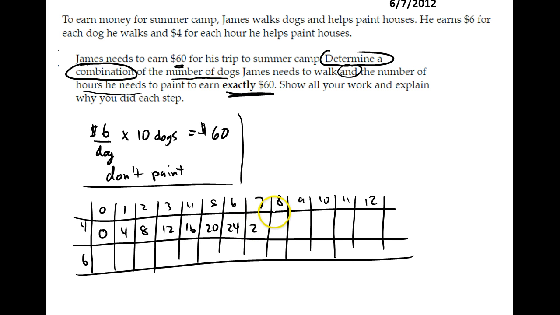Multiples of 4: 0, 4, 8, 12, 16, 20, 24, 28, 32, 36, 40, 44, and 48. Multiples of 6: 0, 6, 12, 18, 24, 30, 36, 42, 48, 54, 60, 66, and 72. We have to come up with combinations